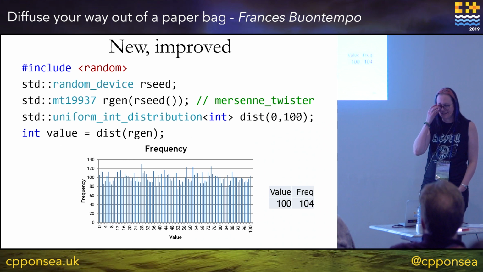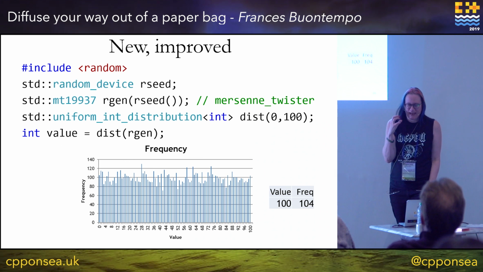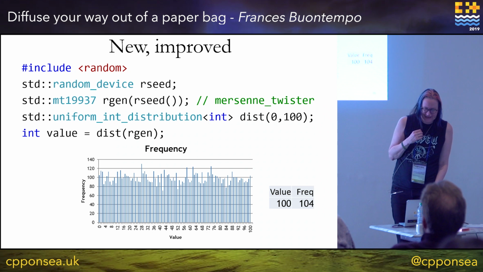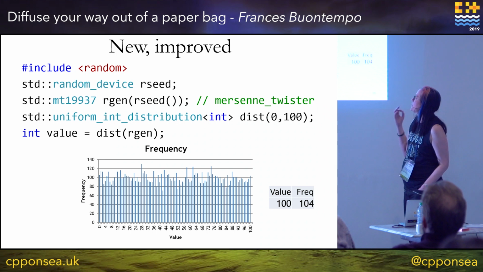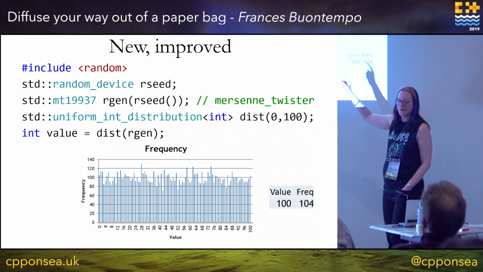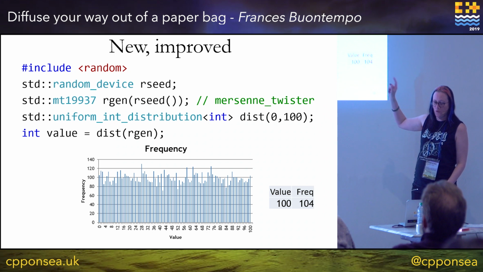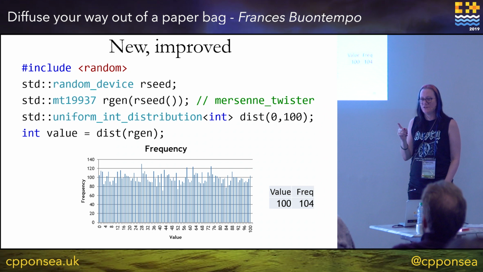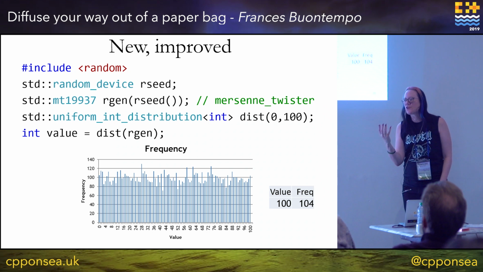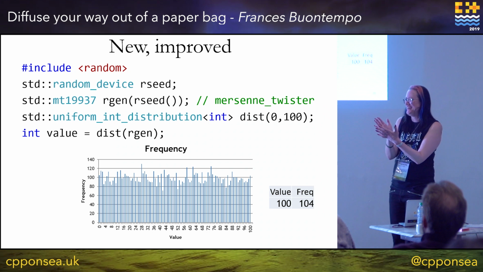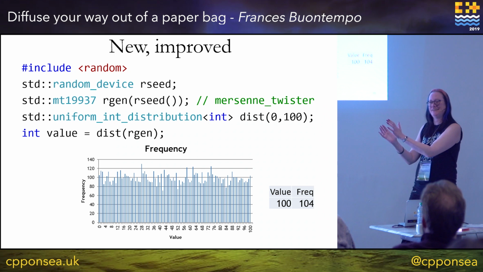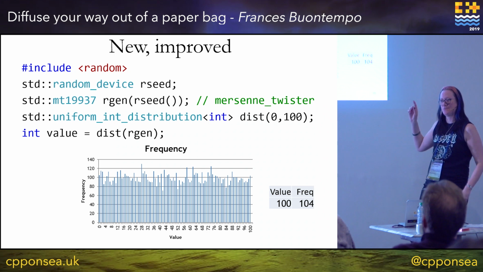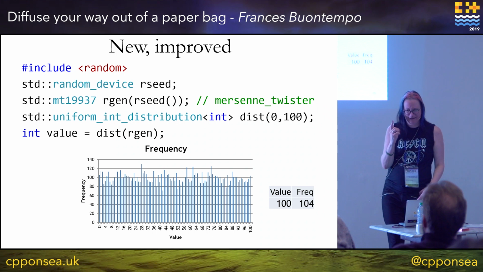We could do this instead. This looks kind of angle bracket and slightly spiky at you and angry. But we can be explicit. I want some uniform ints out of this. I want them to be between 0 and 100 inclusive. I always have to concentrate on that bit, because quite often in C++ you do the one less than the end, but this one is being inclusive, I think.